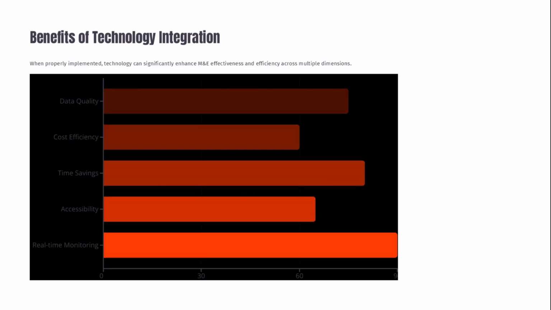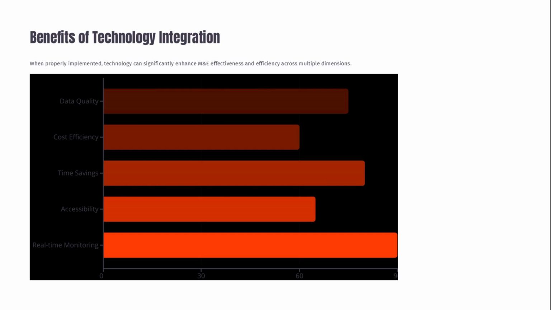When properly implemented, technology can significantly enhance M&E effectiveness and efficiency across multiple dimensions. It improves data quality, cost efficiency, time savings, accessibility, and real-time monitoring, making the integration of technology a powerful tool